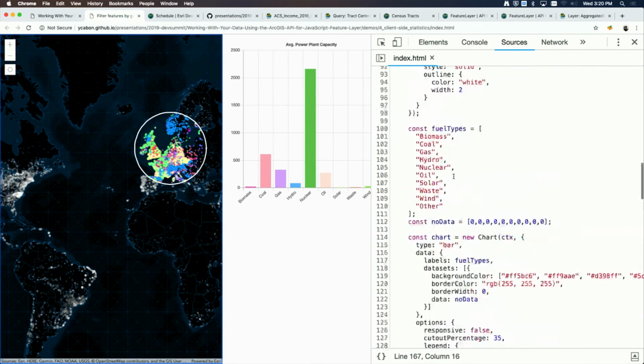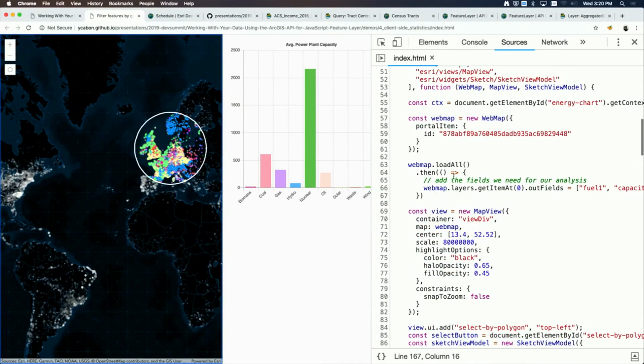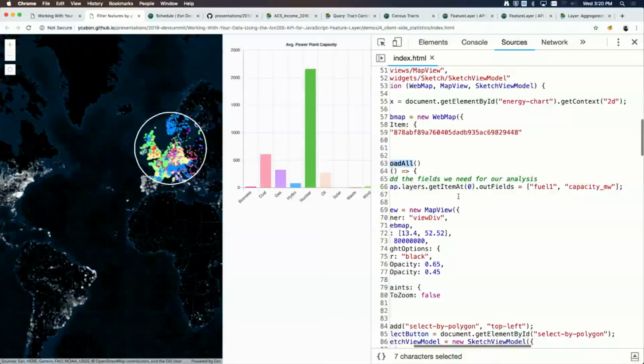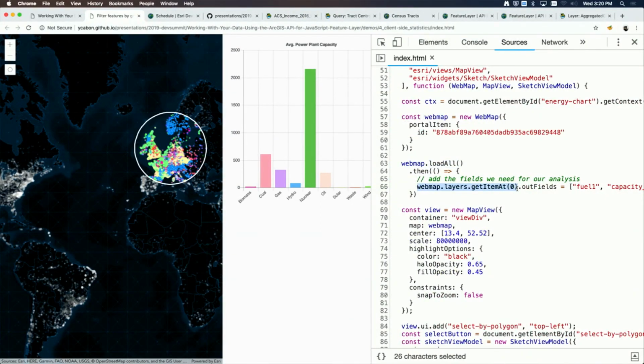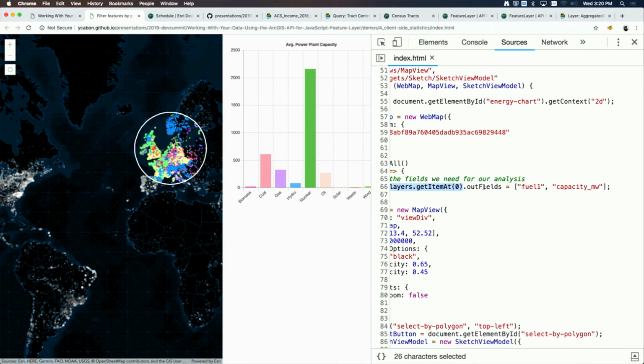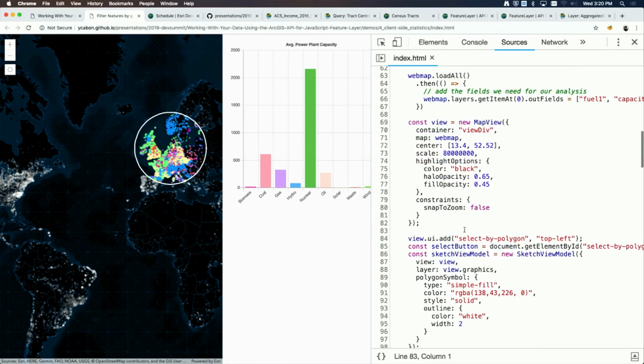So for this, let's go a little bit over the code. I have this web map loaded by a portal item. In this case, I just have one portal item ID, and then a bunch of layers coming in. I load all the layers. There is a method on web map to load everything. And I grab my feature layer of those power plants, and I specify the outfields I want to make statistics on. Here I want to ensure that the fuel type and also the capacity in megawatts are coming back with each feature. So I set my map view,